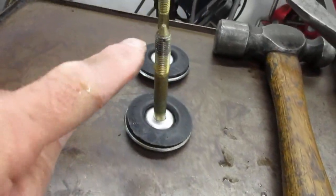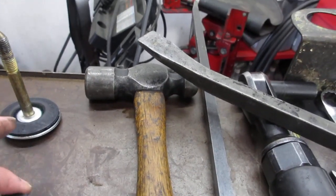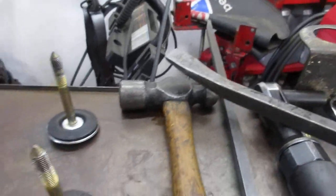And then when I get that done, I'll take a screw jack and screw it back up and then put the bolts back in. And the two bolts that hold it are these two bolts here. I'm using the original bolts because it has this little point. It's easier to get started. And I got a new sleeve and a new bushing here. So if you run into that job,